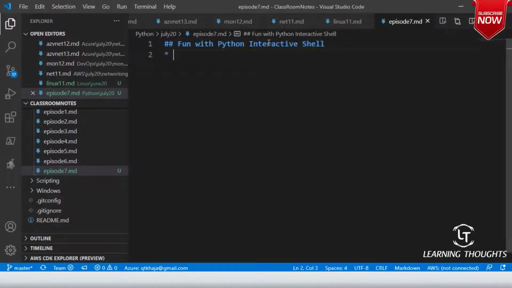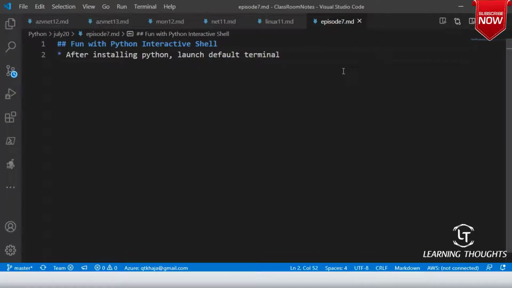Launch it after installing Python: open the default terminal. The default terminal in the case of Windows is PowerShell, or in the case of Mac or Linux machines you have Terminal.